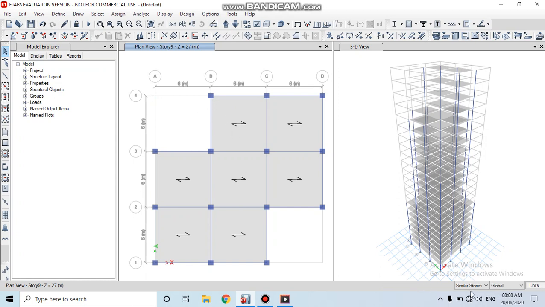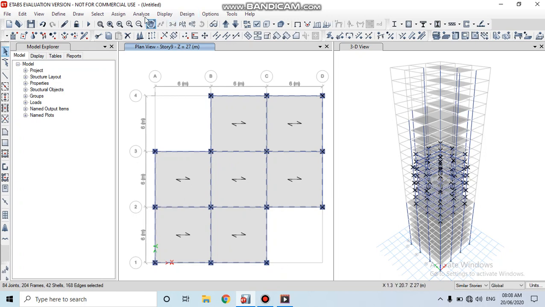Then select here similar stories. Set it to similar stories. Now select the shells.